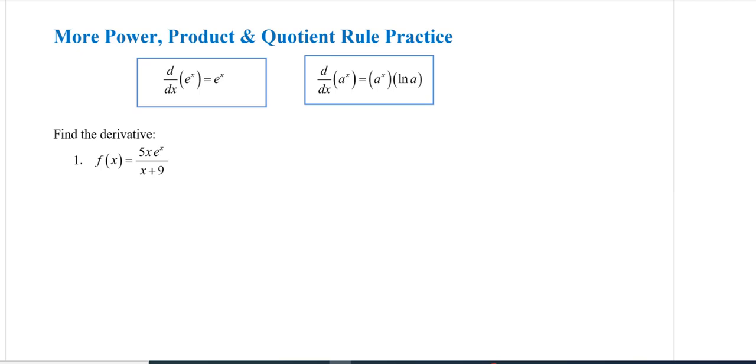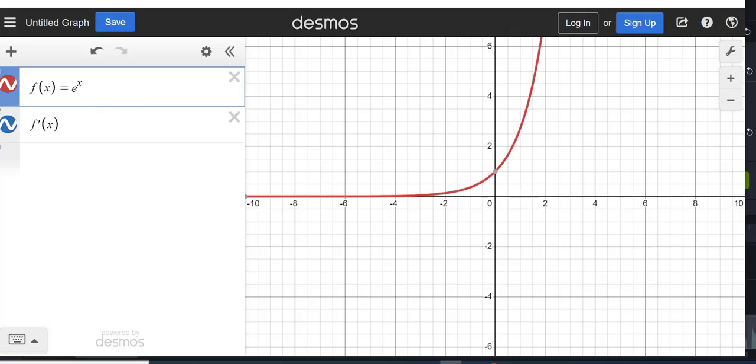So one derivative that you may have been exposed to before is the derivative with respect to x of e to the x is itself, e to the x. Now, while I can't necessarily give you a formal proof yet until you get to natural log differentiation and some implicit differentiation, I'd at least like to show you the graph so you can see it from a slope of a tangent line perspective.